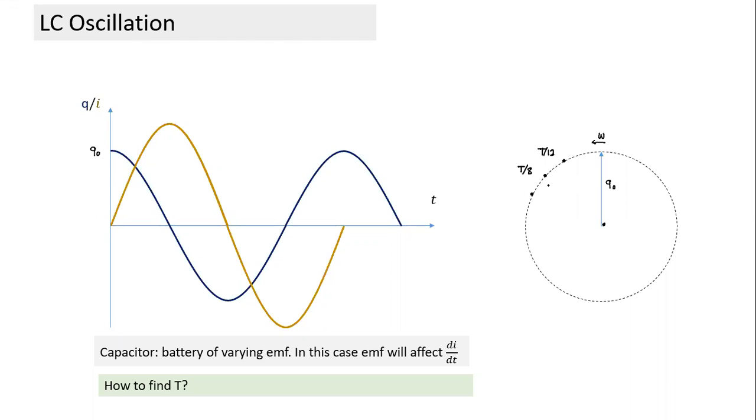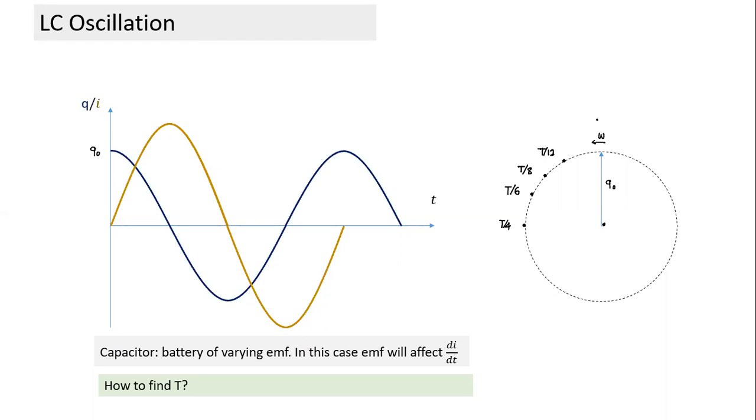Again, if we continue, in time t by 6, it will rotate by 60 degrees. And in time t it rotates 360, so in t by 6 it will rotate by 60 degrees. It has rotated by 60 degrees. This angle has become 30, so the value now becomes q naught by 2. This is where the phasor will be. I can find out the value of charge easily, and this is the value. This is where it will be at t by 4.